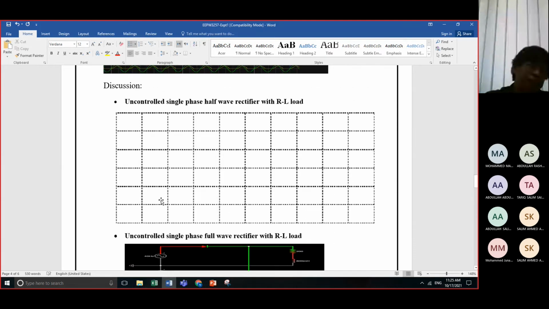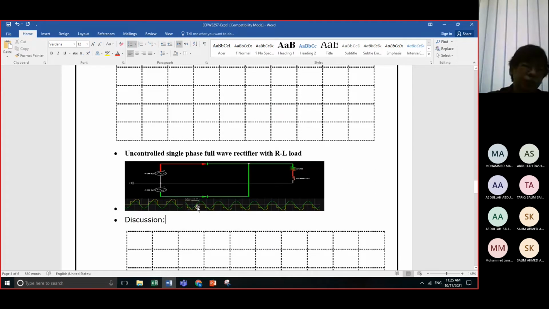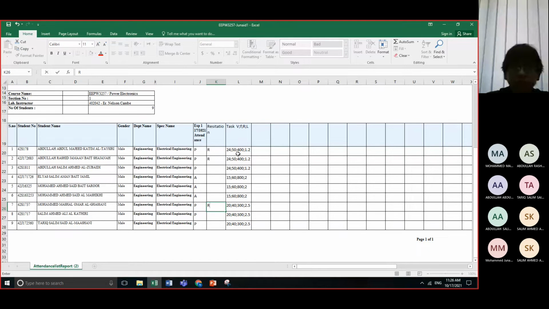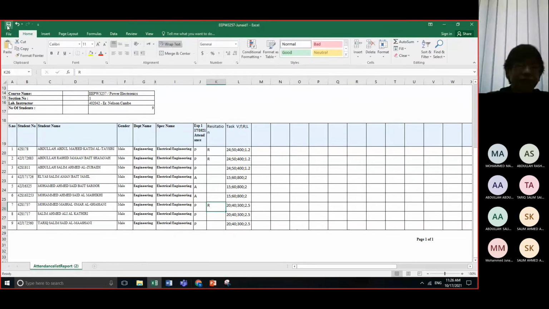Okay, so this is my table number 1. This is my table number 2, because in your task you have to do, this is the given, this you have a given value for your task. You need to comply with table number 1, table number 2, and table number 3 also. Okay, is it clear? So it is stated here, you have already the voltage, frequency, resistor, and inductor. Okay, the same with the other.